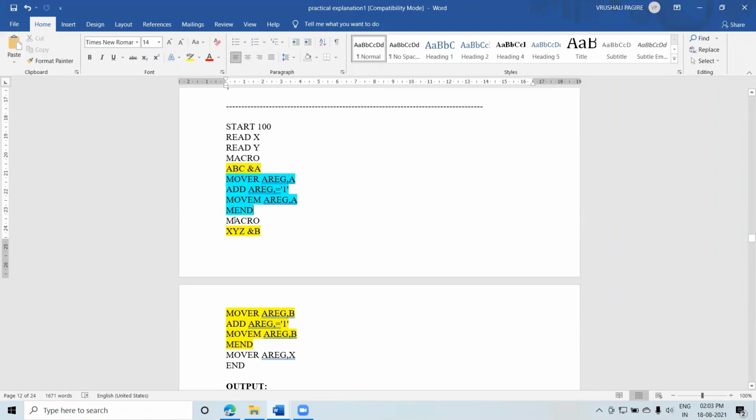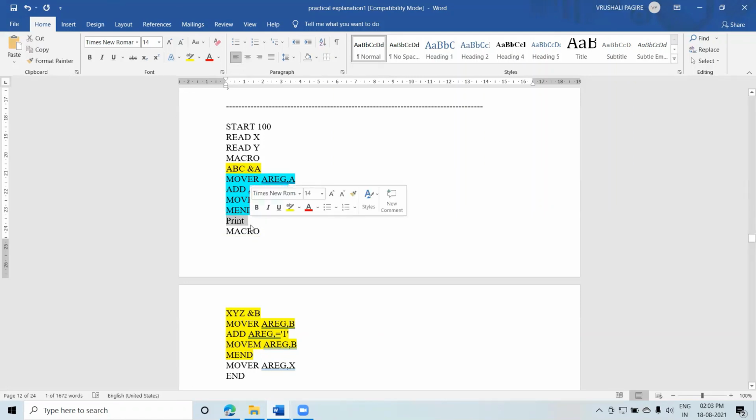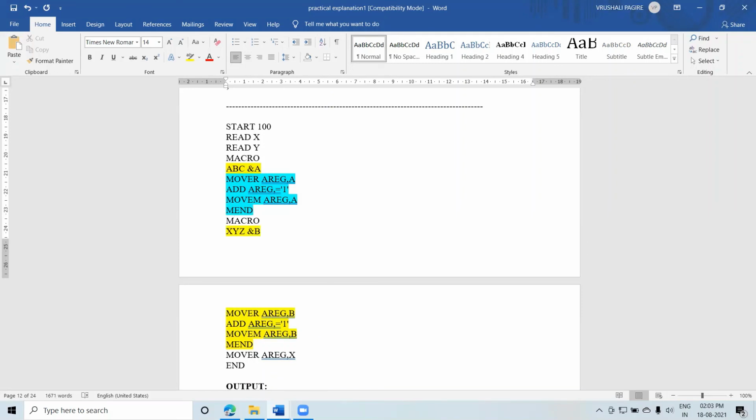Okay, here immediately next is the macro, but sometimes what will happen, suppose here I put a print. Okay, so read the next one and again you have to check whether it is macro or not. So after copying all the characters into your file, you have to check whether it is MEND or not, because this MEND is included in your macro definition table.